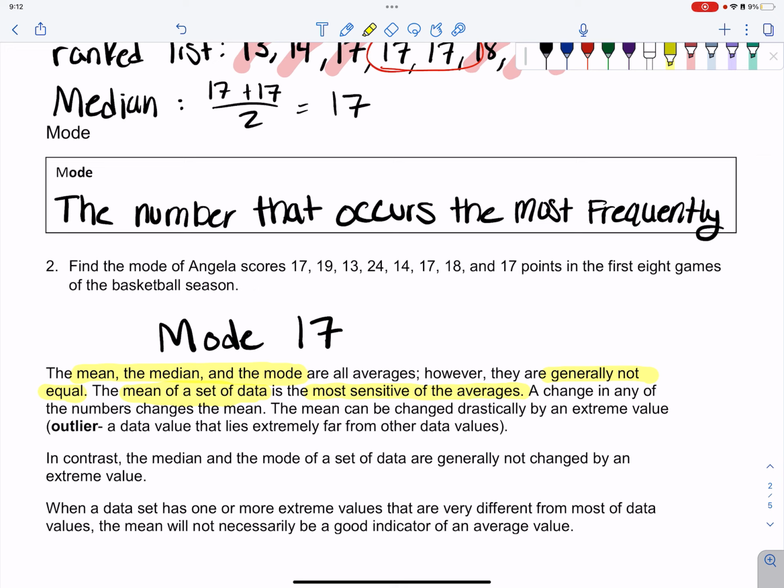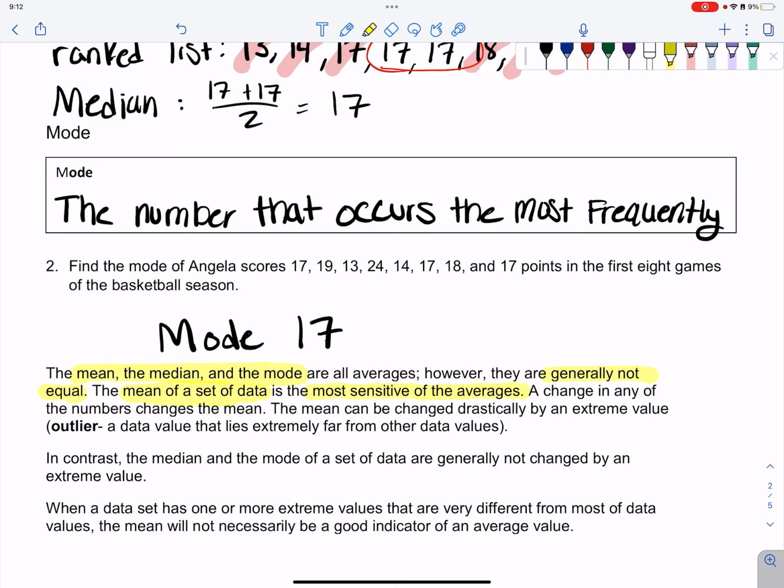However, the median and mode do not have that sensitivity as much. You can change a handful of numbers from the data set, and it won't affect the median at all, because the median is just looking at those 2 values in the middle, or 1 value in the middle. So as long as those aren't really changing at all, the median won't be affected by any small changes or any outliers. Similarly, the mode does not get affected by outliers at all, because that's not taken into consideration when looking at the numbers that occur the most frequently.